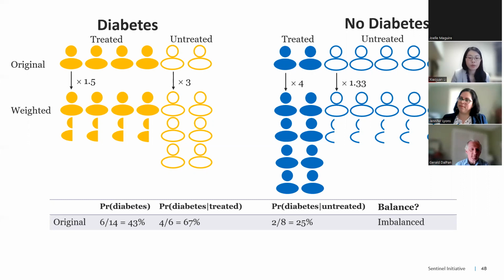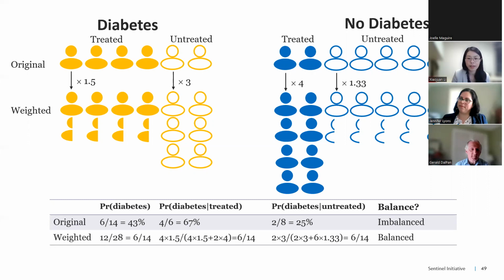And so now with this inverse probability of treatment weighting, and later on we'll talk about this being the unstabilized inverse probability of treatment weighting, we created a pseudo population of size 28. So twice the original sample of 14 that we started with, and now 14 individuals are treated, and 14 individuals